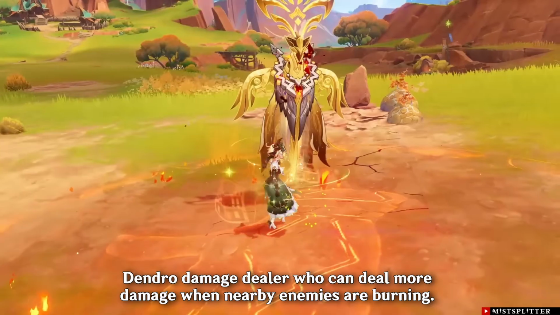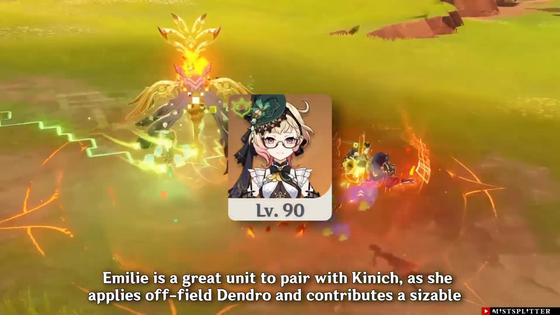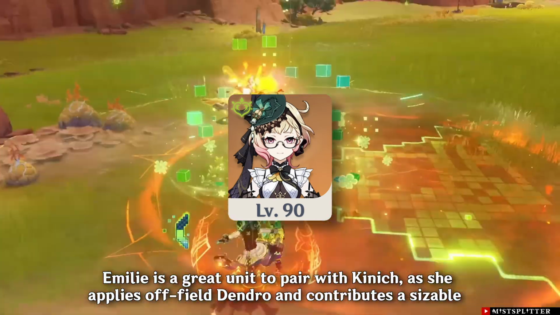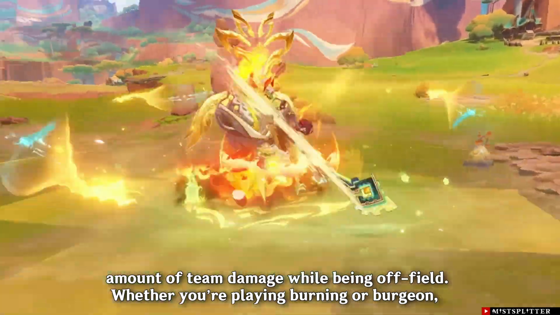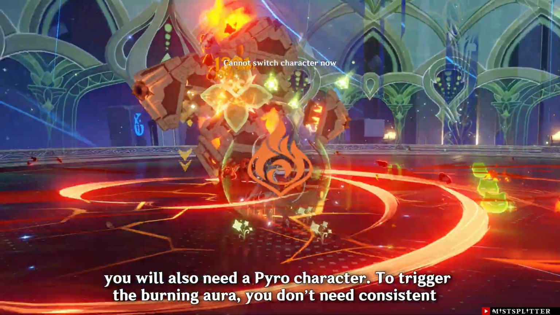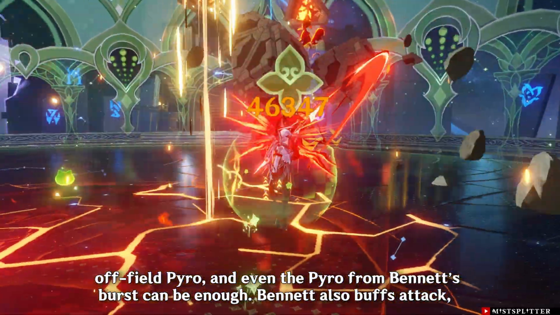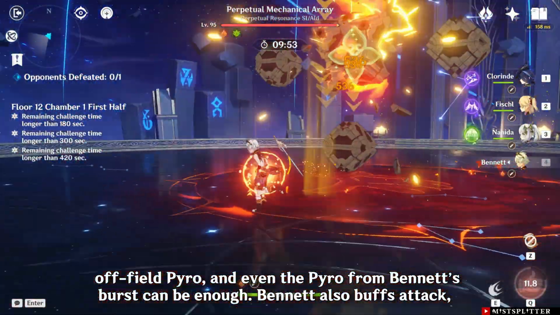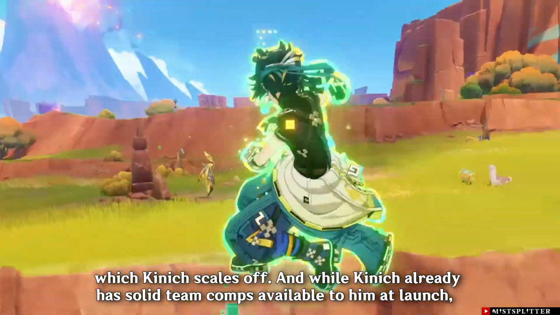Emilie is an off-field Dendro damage dealer who can deal more damage when nearby enemies are burning. Emilie is a great unit to pair with Kinich, as she applies off-field Dendro and contributes a sizable amount of team damage while being off-field. Whether you're playing Burning or Burgeon, you will also need a Pyro character. To trigger the Burning aura, you don't need consistent off-field Pyro, and even the Pyro from Bennett's burst can be enough. Bennett also buffs attack, which Kinich scales off,